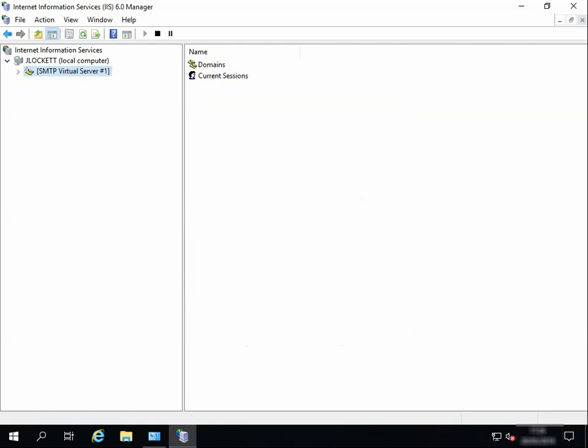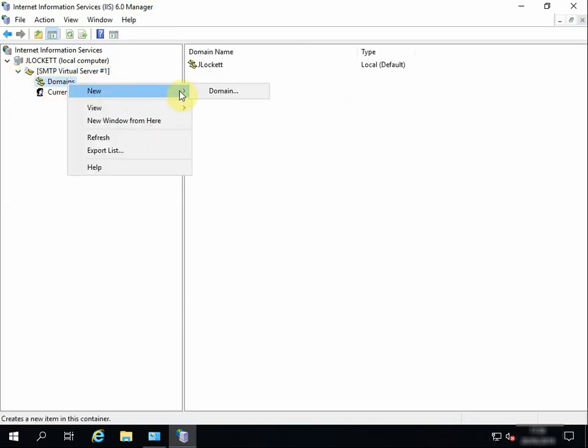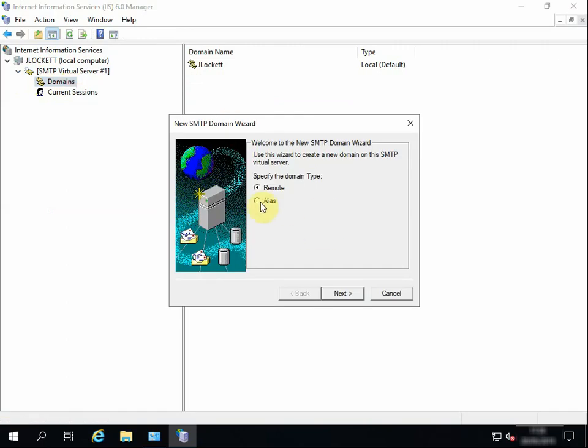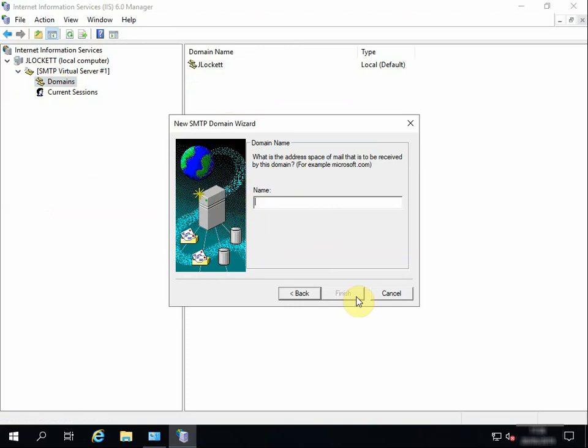Now, the next thing we want to do is set up your domain. So if your domain is called, for argument's sake, youtube.local, and when people sign on, it's YouTube slash their username. So you need to create an alias for this. So let's have a look. We're going to drill down to domains, right click, New Domain, and we're going to create an alias. So click Next, and we're going to call this youtube.local